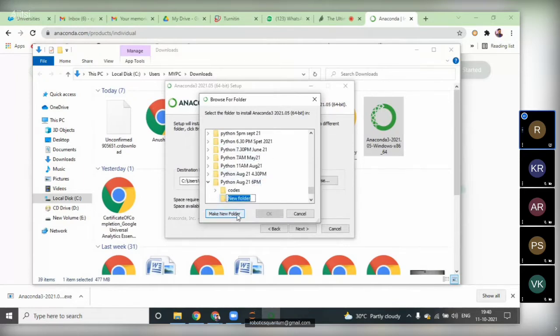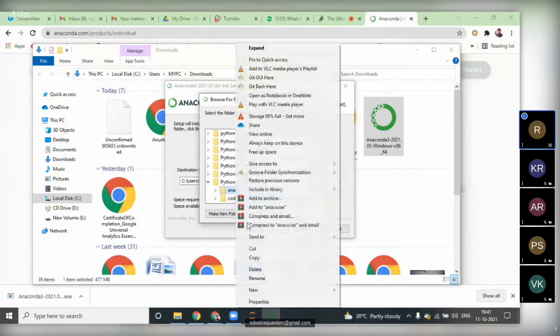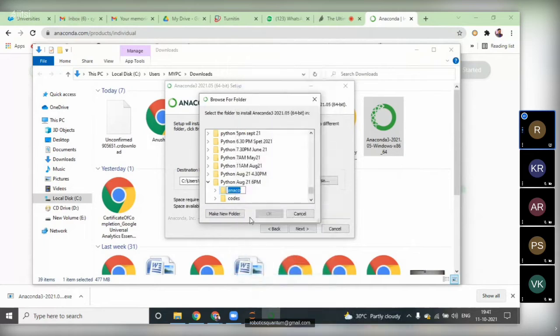Make a new folder inside of this one, Anaconda. Rename this folder Anaconda Navigator. Just the created folder. In general, in your system by default it will select and install.